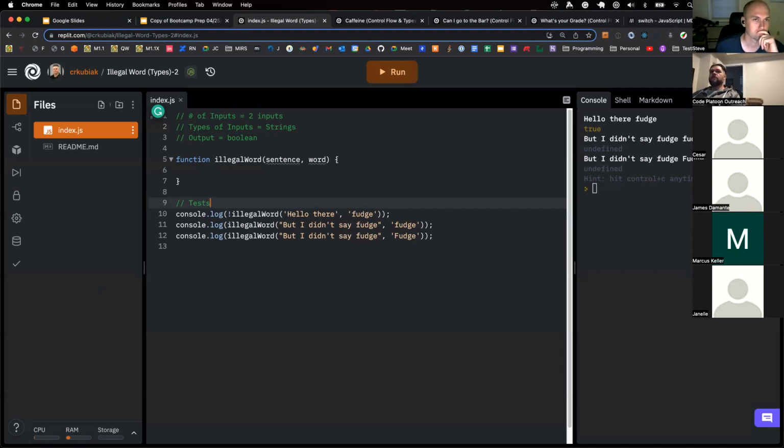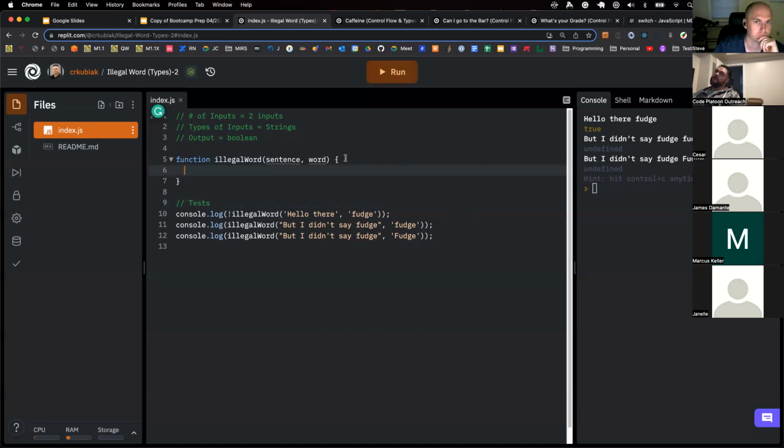Not an if else. Whenever we need to check something against multiple other things, that usually means that we need to iterate, right? So I need to say, is fudge here, is fudge here, is fudge here? Like against each word in the sentence, I'm going to compare it. So I will use an if or some sort of conditional logic there. But whenever I need to compare something against multiple other things, I usually need to use a loop, right? And so I could map, but we're going to go ahead and do a loop. And